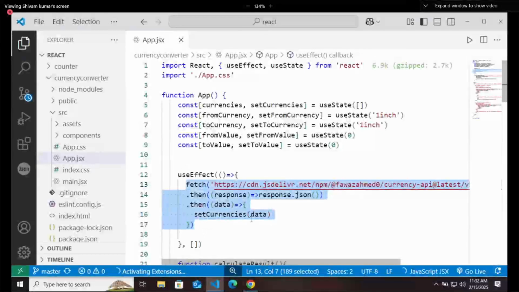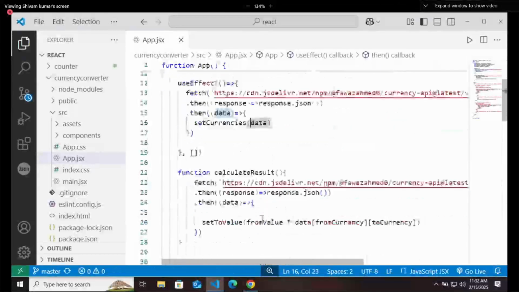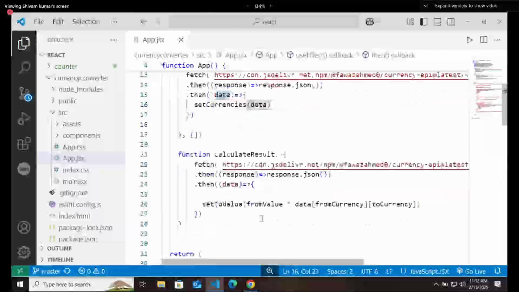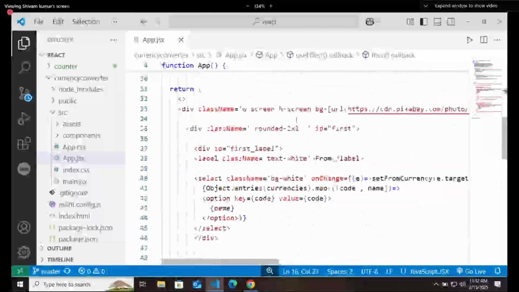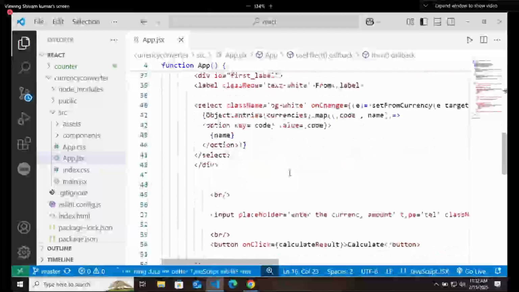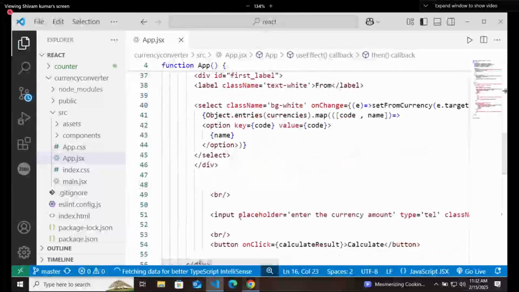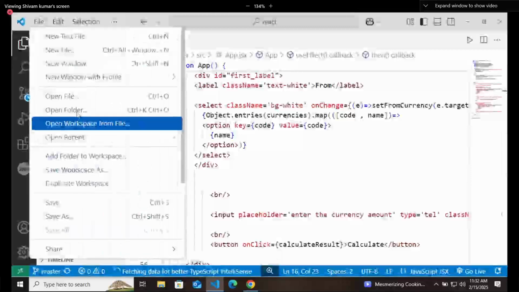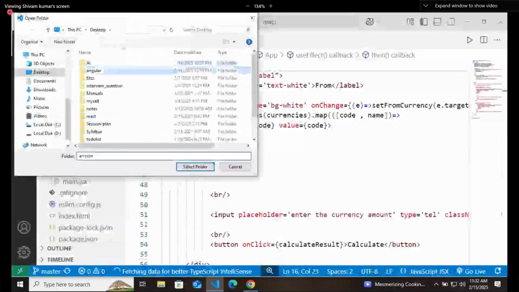Here this currencies will automatically take these values, and you need to convert those object values into array values. It means you need to use something that will convert object entries into array entries.